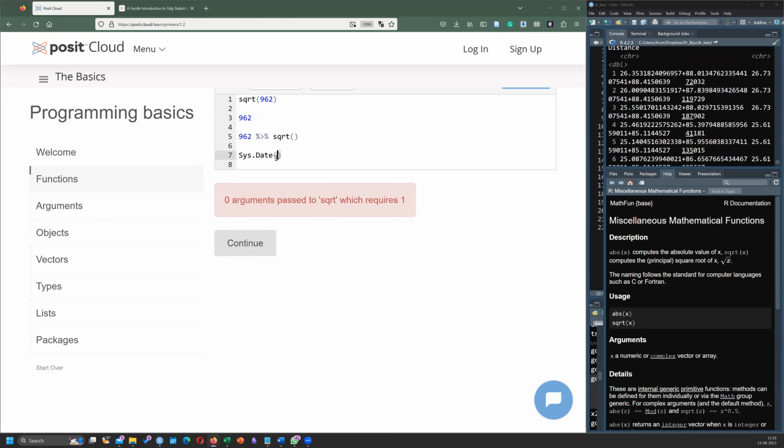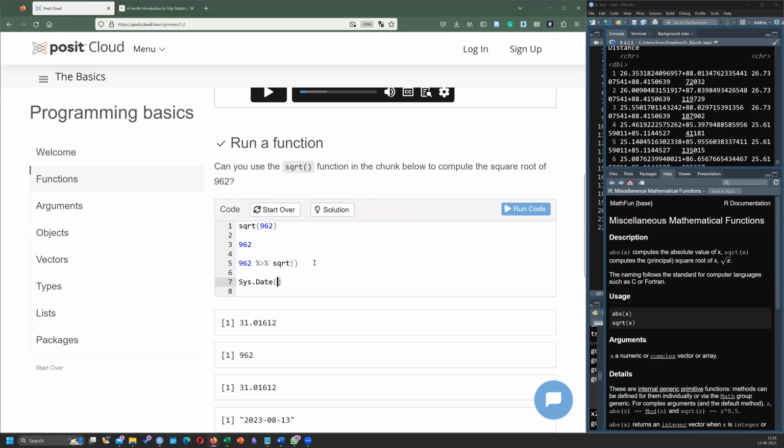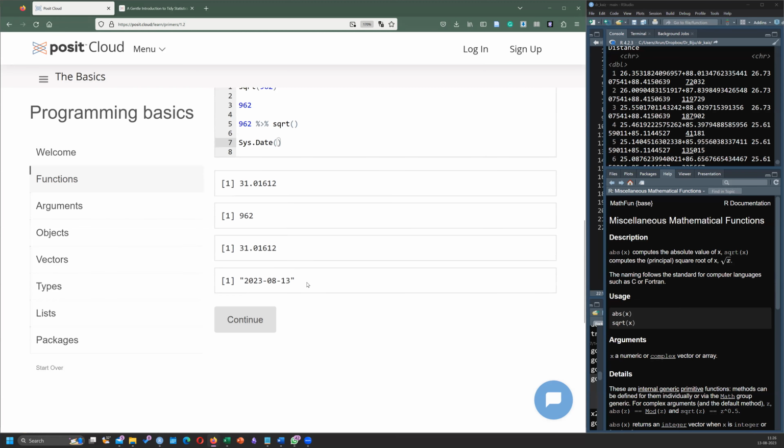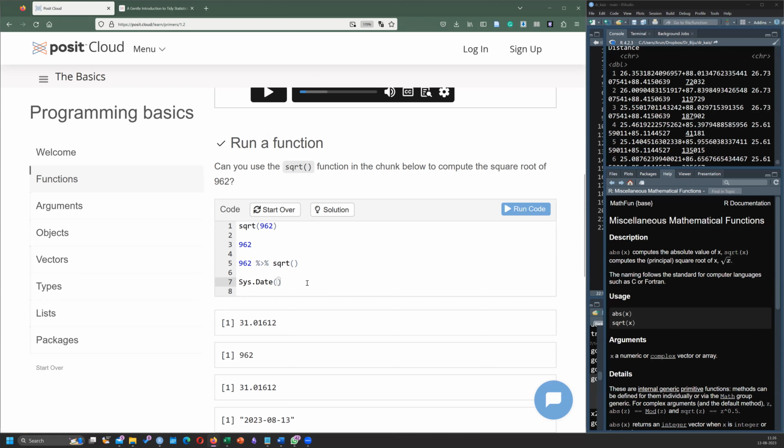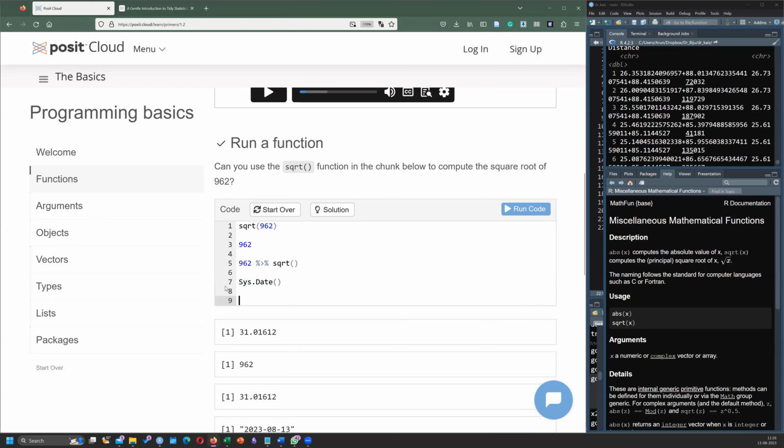System date is going to tell us the date of the current system. Right now it's running on the R cloud, so it's finding that particular system. But we don't have an argument within this. So there are functions that don't need any argument as well. But there are other functions which have something called an optional argument that we can see later on. But I hope you understand what a function is doing.